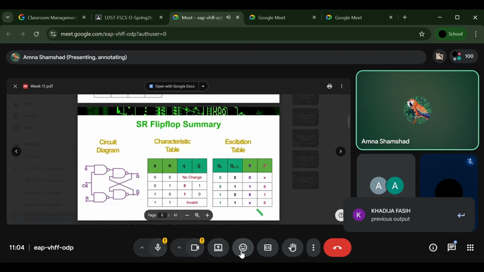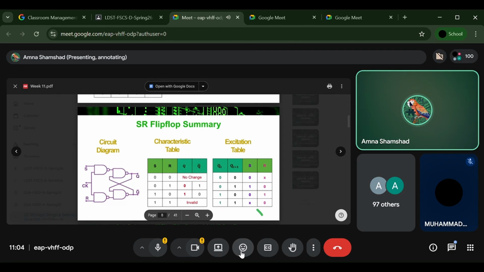So this is the cross coupled connection, and these are the starting inputs with the clock signal as well. What we are going to do is simply check these combinations one by one. I will check one, and the rest of the combinations you can check later on. Pick any of the combinations.